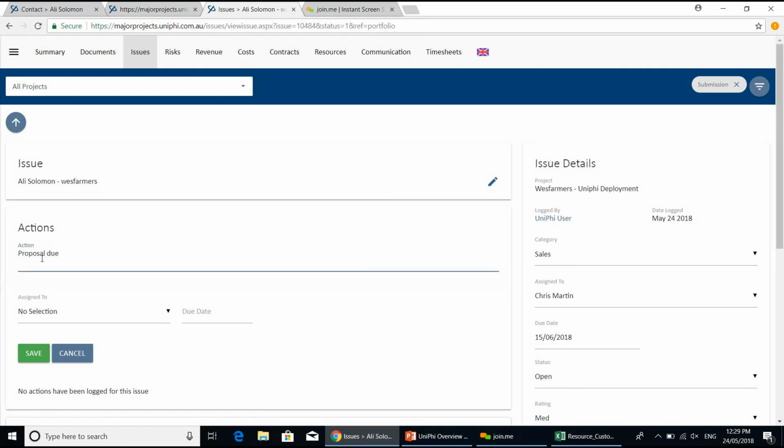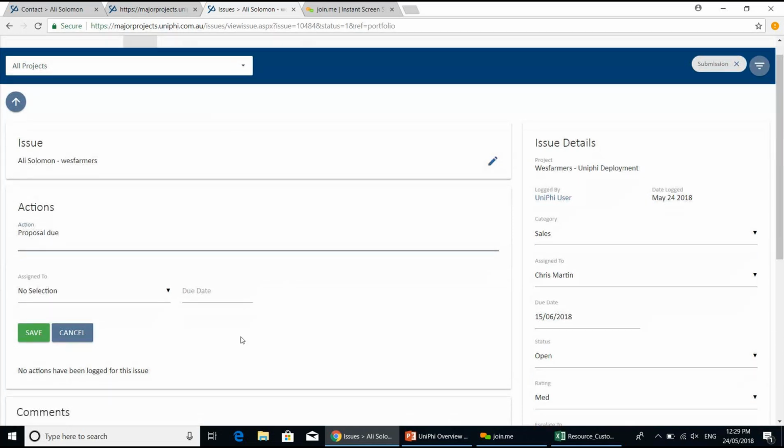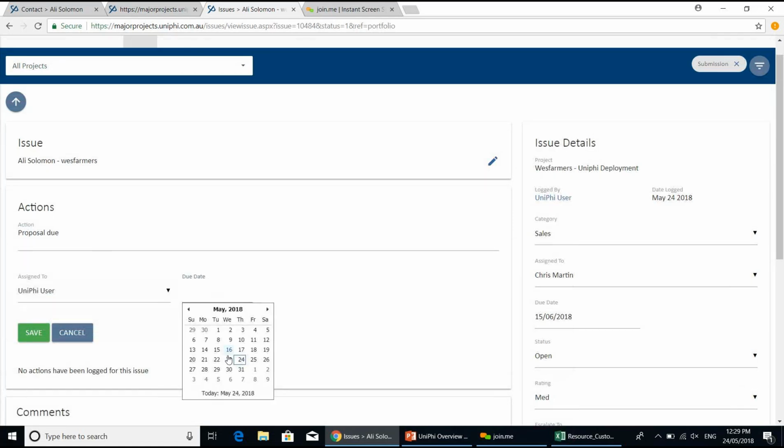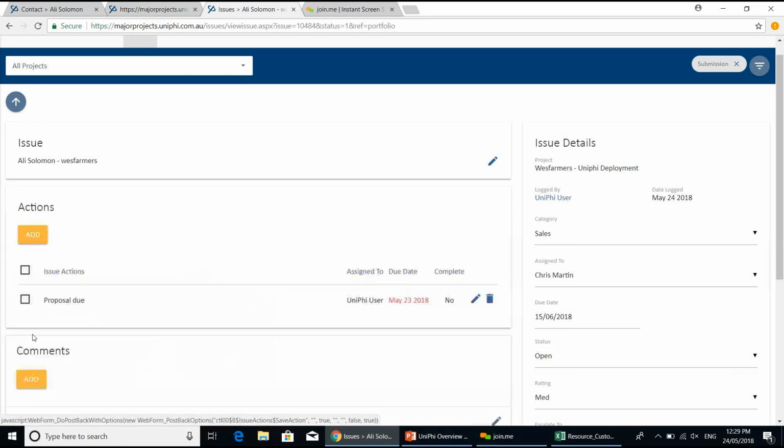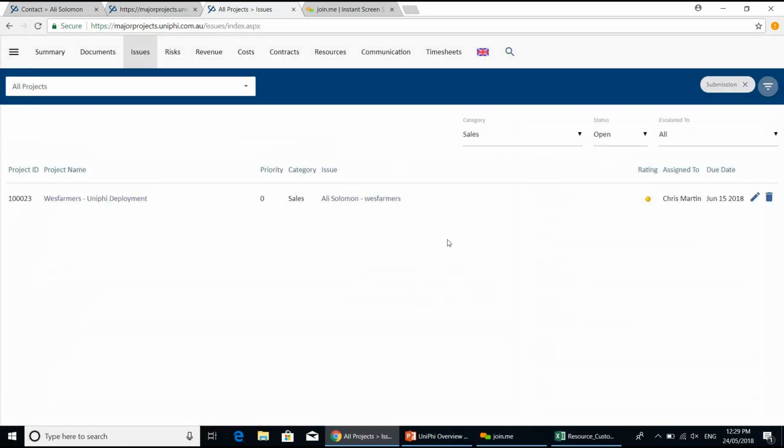due. And you can even set up templates within UniPhi that have standard responses to these things. And it'll automatically assign to the right role and give a certain amount of time to prep, but obviously the due date alters every bid. And that way, when you look back at the issue, these dates can represent when things are due,